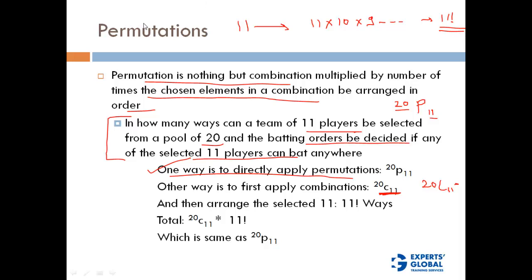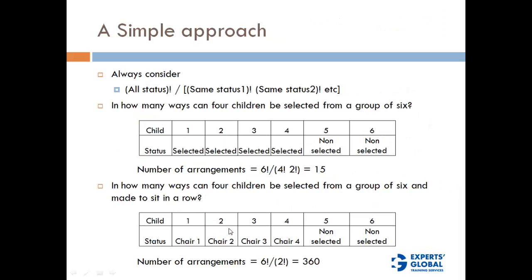And this is similar to the very first problem we solved. So the number of arrangements for every individual combination is 11 factorial. So we multiply the number of combinations by 11 factorial, that is the number of permutations for every combination, and ultimately what we get is 20P11. It is the same thing. It is a completely different way of looking at these problems, and this approach tends to apply to both permutations